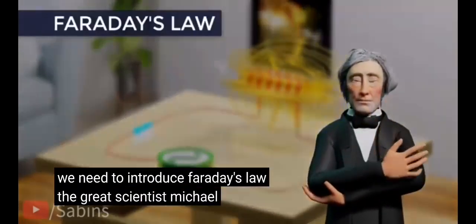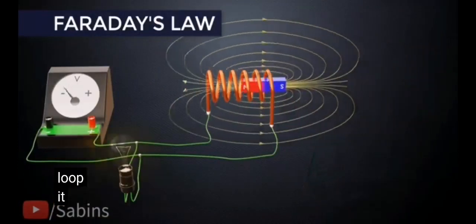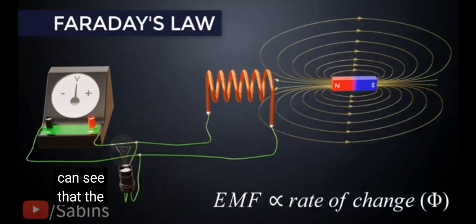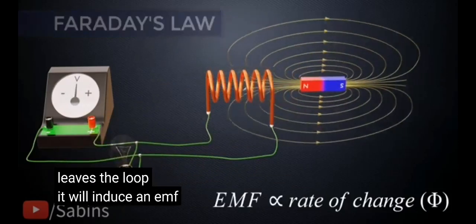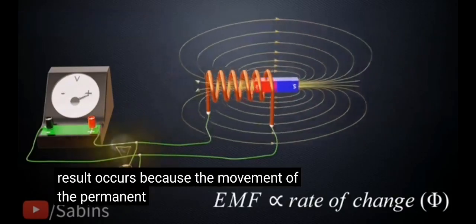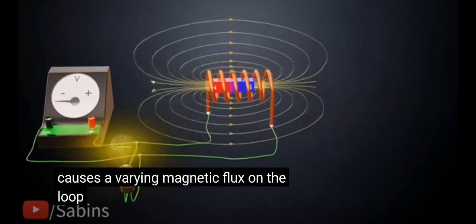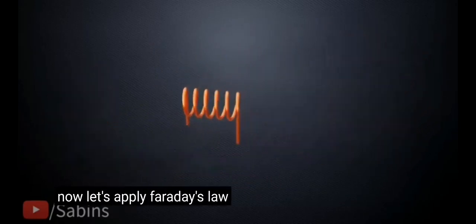The great scientist Michael Faraday said if the magnetic flux changes across a loop, it will induce an EMF across it. Here you can see that the permanent magnet approaches or leaves the loop. It will induce an EMF across it. This result occurs because the movement of the permanent magnet causes a varying magnetic flux on the loop. Now, let's apply Faraday's law to an inductor